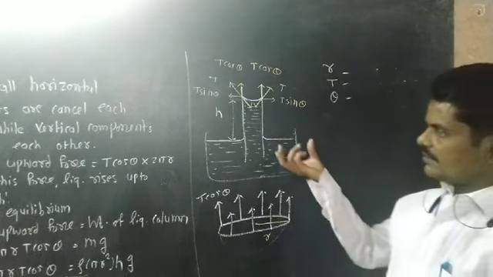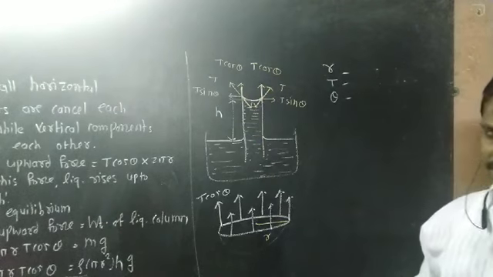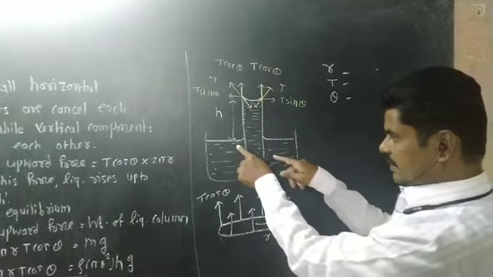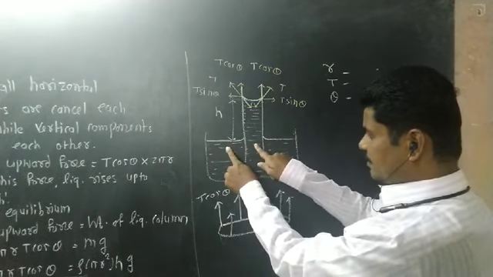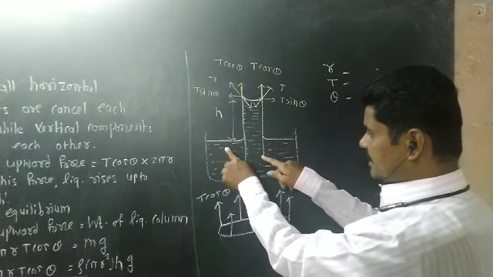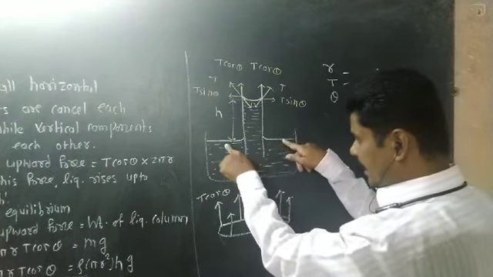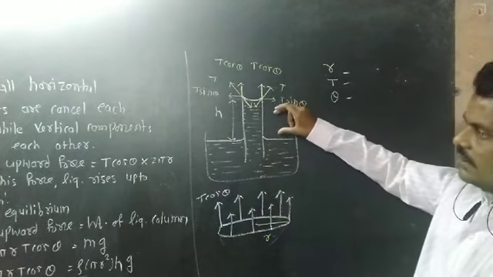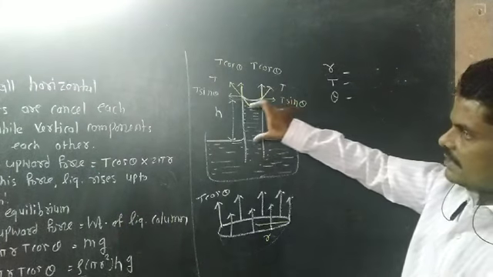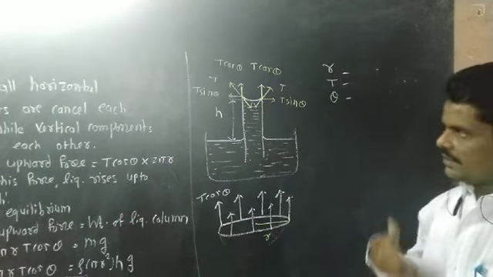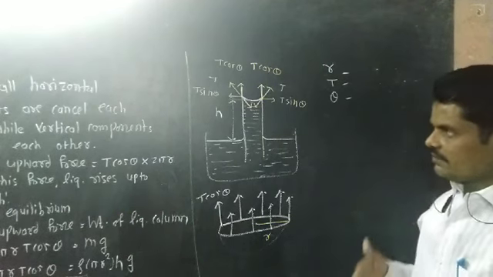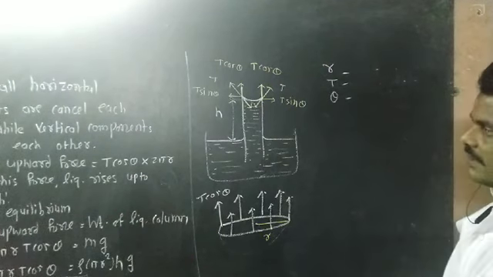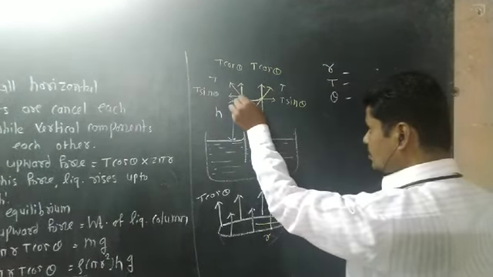Now when the capillary is dipped into the liquid, concave meniscus is formed, and there is a pressure difference at point B and point A. At point B pressure is maximum, at point A pressure is minimum, and for equilibrium the liquid rushes inside the capillary, and so the liquid inside the capillary rises up to height h. Now we have to explain how the forces act on the meniscus and how the liquid rises inside the capillary. So here I will show the meniscus.